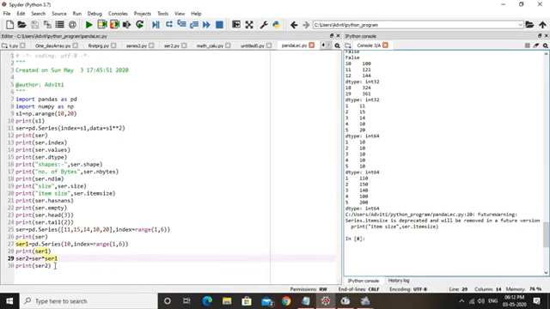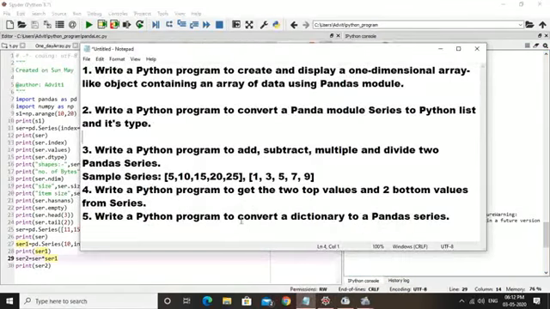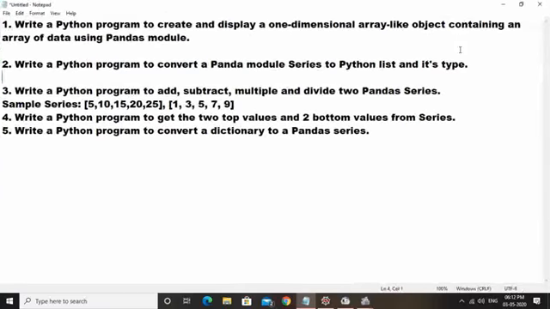Fine. Now the time of assignment: you must complete all the practicals in your practical file. Please note down the practical questions. Write a Python program to create and display a one-dimensional array-like object containing an array of data using the pandas module.